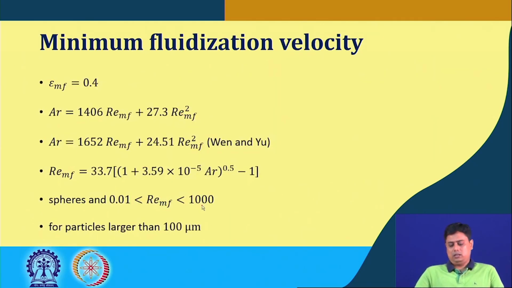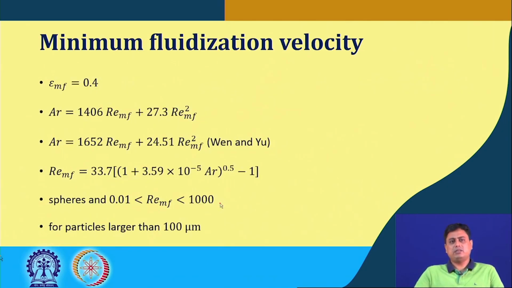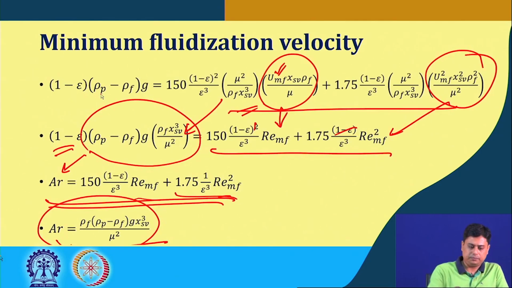This now here, at this minimum fluidization velocity, typically the maximum voidage in such a case, for the case of spherical particles, this maximum porosity at the minimum fluidization velocity has been seen to be 0.4. So, if we replace this value in this expression,